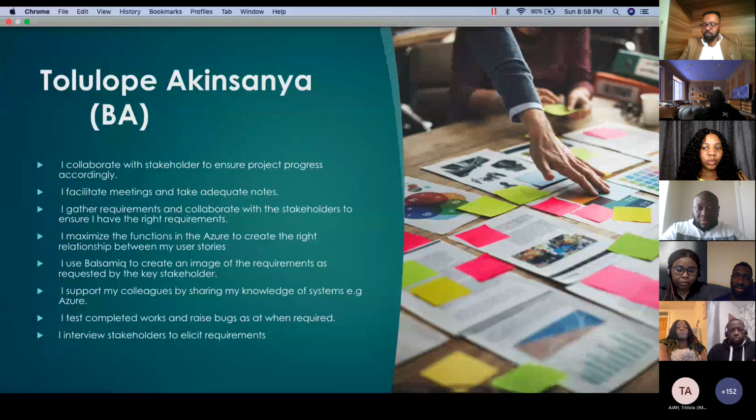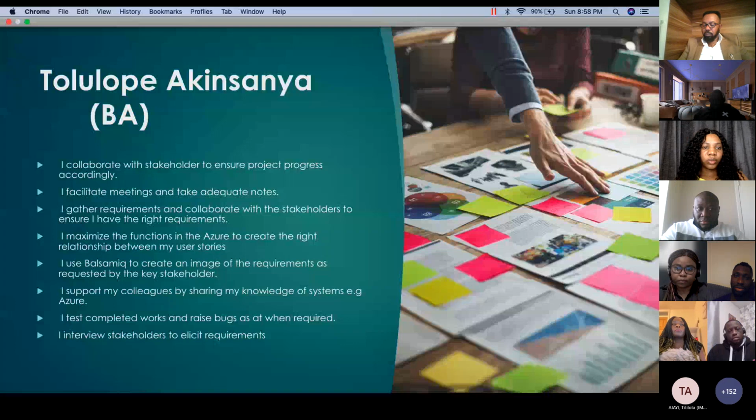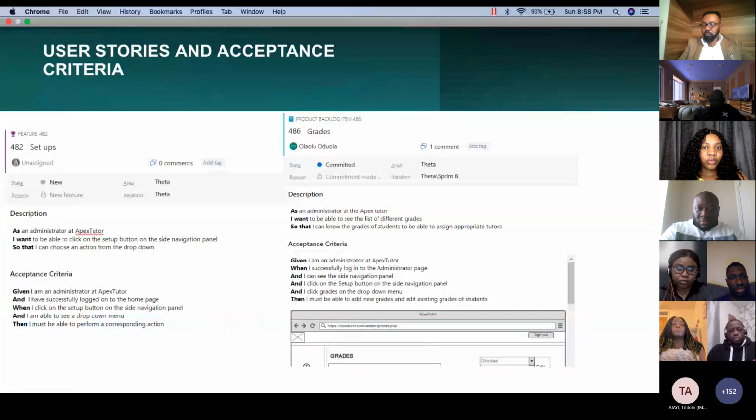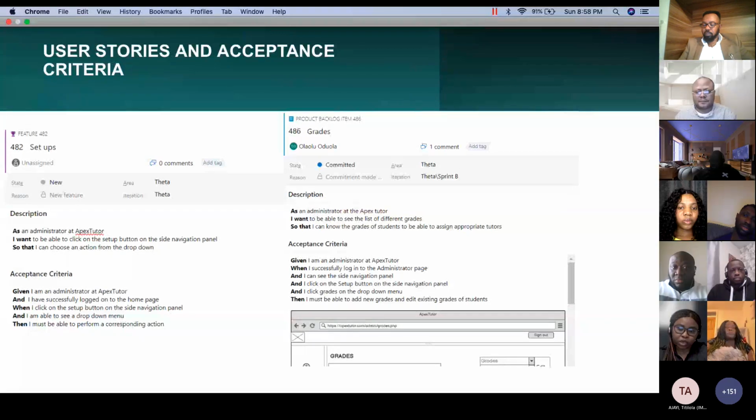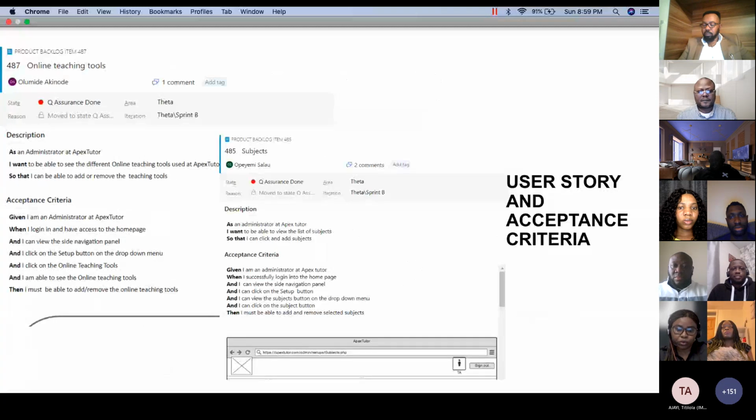And according to the assignment, this is specific to me, showing some of the things I've done in the last sprint. Next slide, please. A sample of user story and acceptance criteria. And when you look further down the slides, you will see a replica of everything done by my colleagues, my fellow BAs in this last sprint. Without further ado, I'll pass on to the QA.